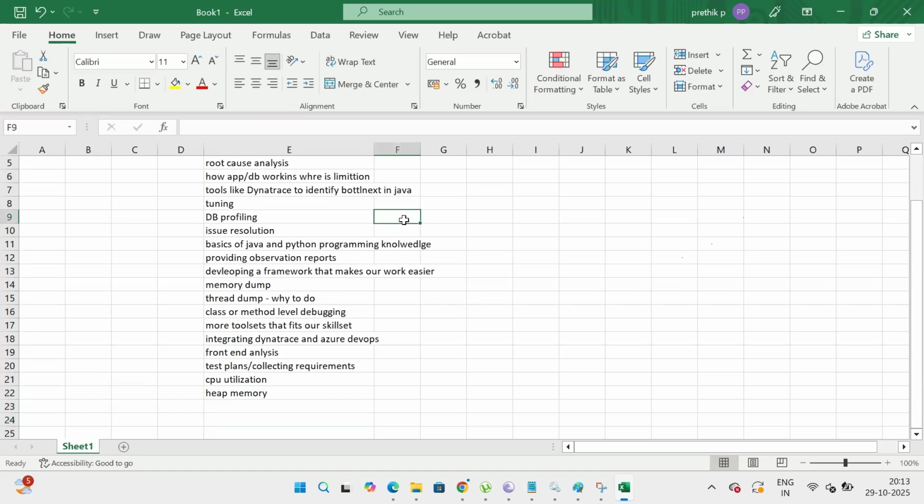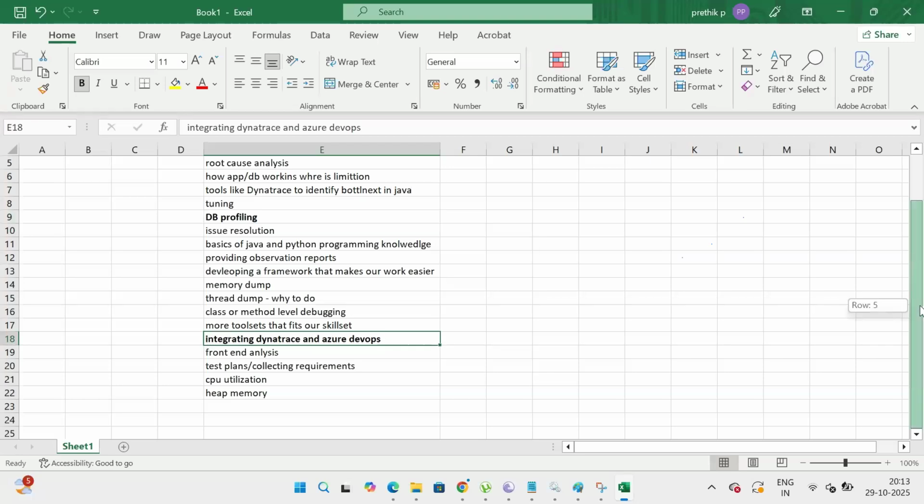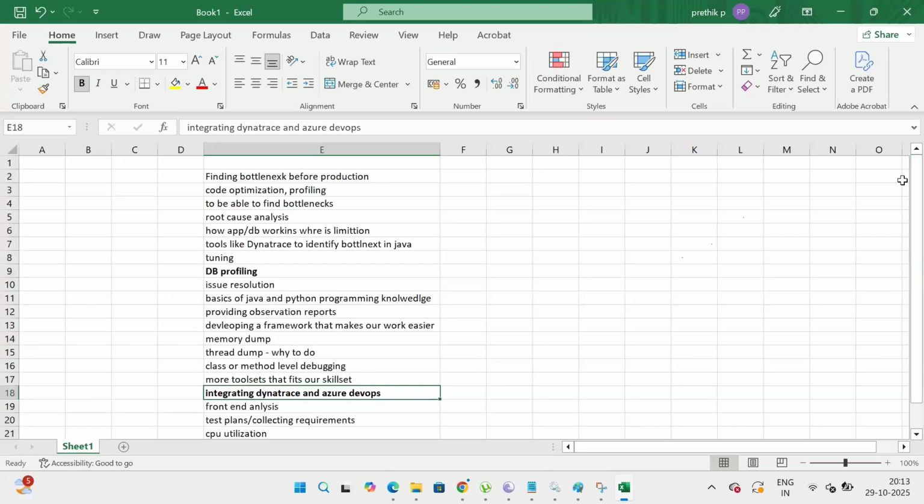So apart from two things, I think one is DB profiling, and the DevOps, Azure DevOps, right? Apart from this, pretty much we'll be learning almost all other topics in the course. So your understanding of performance engineering or the expectations is pretty much what we have tailored as well.